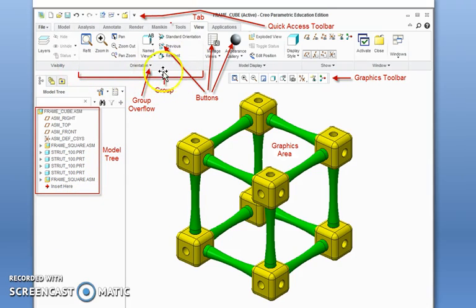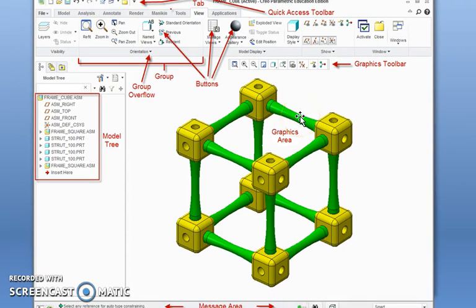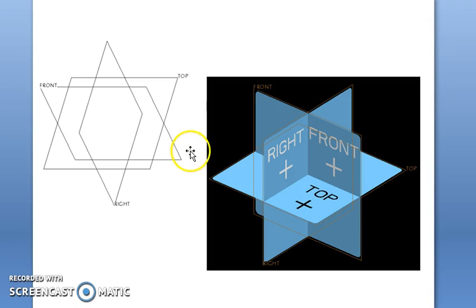So this is the group. The grouping is done as per the new type of software which is available. These are the other buttons. This is a graphic toolbar which is being used. Now one major important thing in Creo software is the datums. There are 3 datums: front, top and right plane. This is explained here.